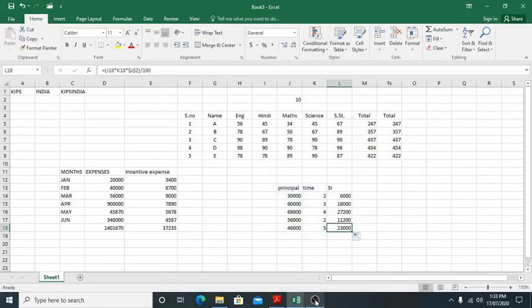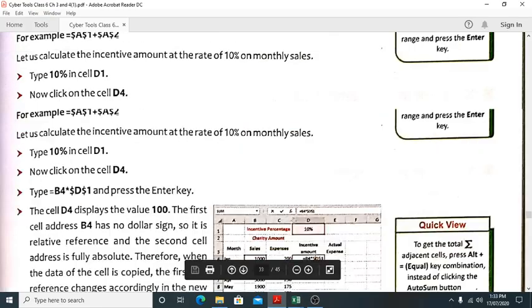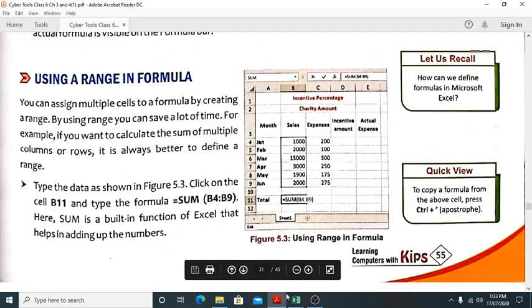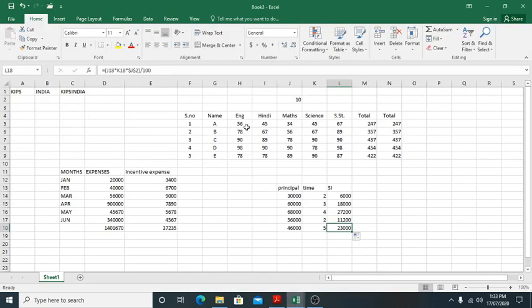Now again we will revise whatever we have told you. First we discussed the range. In range we told you how to use it, what the benefit of the functions is and what the benefit of the formula is. If you are using the basic formula, it takes more time, and if you want to save your time, use the better range formulas, that is sum, average, and all those functions.